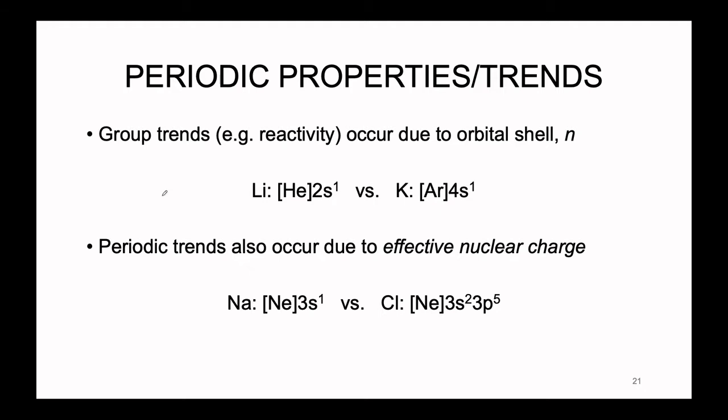Alright, so we are going to introduce what the periodic properties are in terms of a generic definition, but we're going to define it again relative to group trends. So these are the types of trends that we talked about in Part 2 of the lecture. Again, these are the ones that we can observe, categorize, and characterize based off of the columns on the periodic table. The group trends we tend to observe are those that pertain to the reactivity of certain